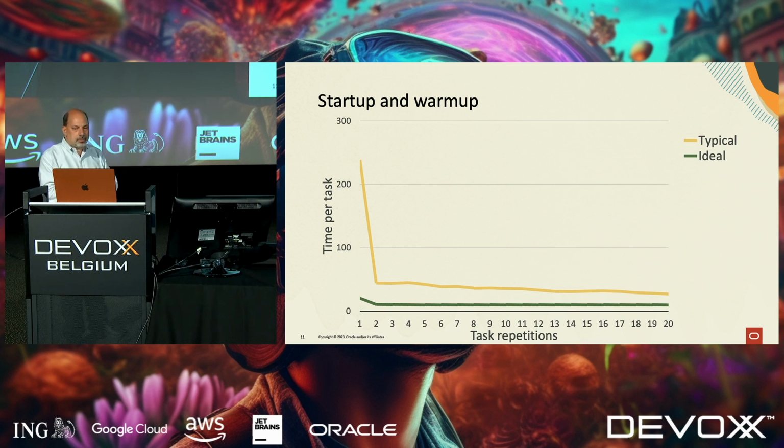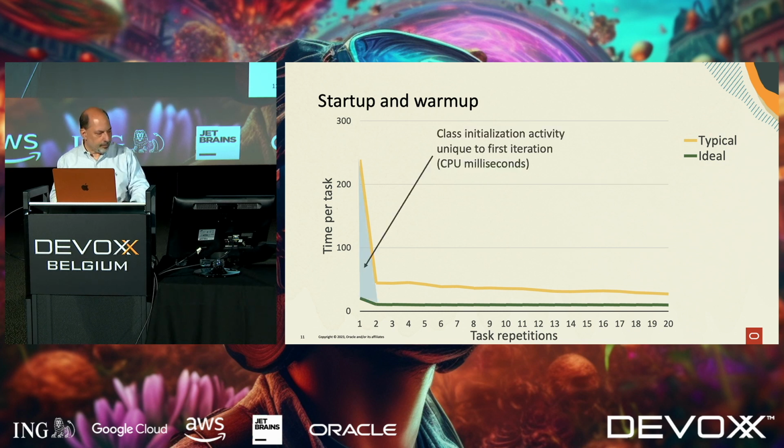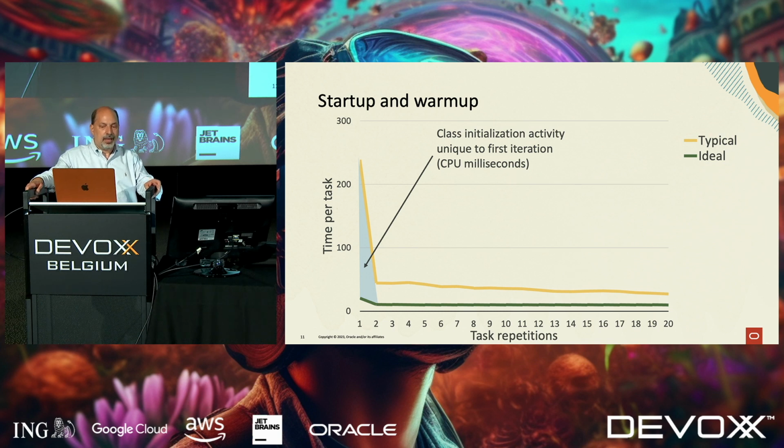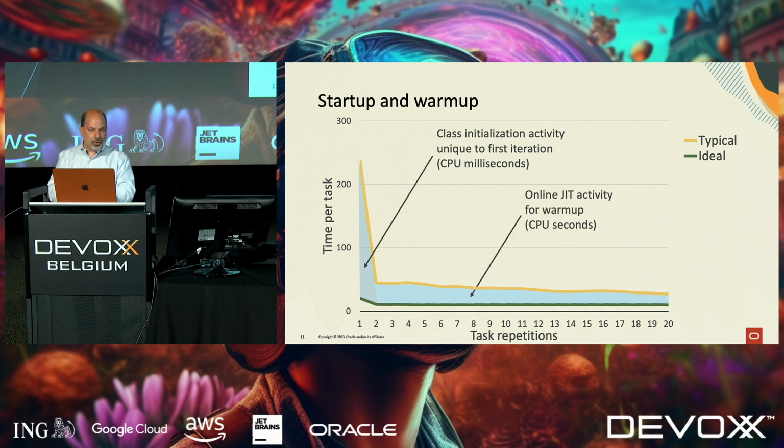Now, most programs end up with something more like the yellow line, where you have the same qualitative shape, but the reality is that there's a big hit on startup. And then there is a gradual convergence between the observed performance and the ideal performance. So the work under this first unit of time is startup activity, and typically that's driven by things like class loading, class initialization, which are unique to the first iteration. And the stuff that is below the other line is generally online JIT activity,